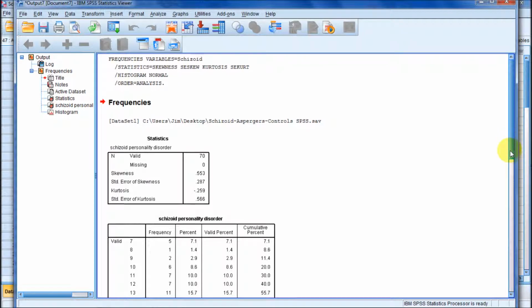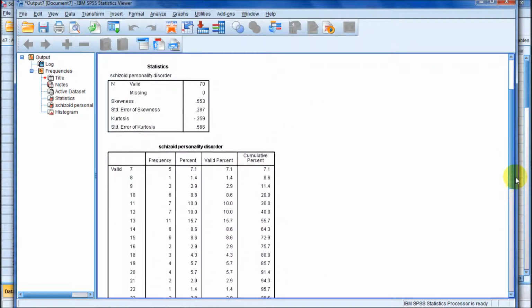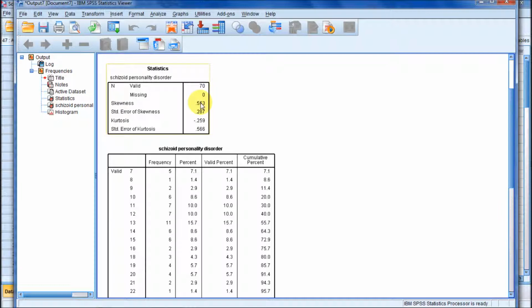If we go down, oh, let's go back up here, and we can see, again, we got a positive skew. We're getting closer on kurtosis here. This is the smallest negative number we've seen, and it's only half a standard deviation approximately platykurtic. So we're approaching the normal distribution, at least in terms of kurtosis. We've still got a very positive skew here, which you might expect with some types of psychopathology,